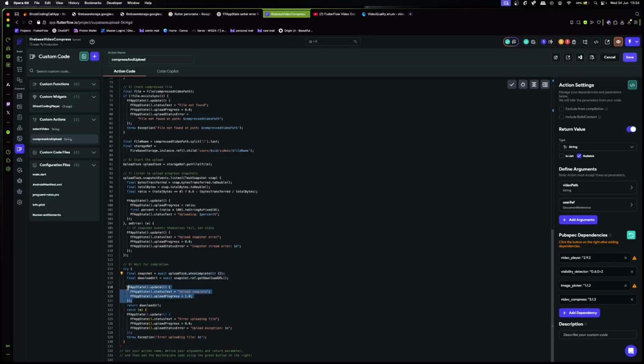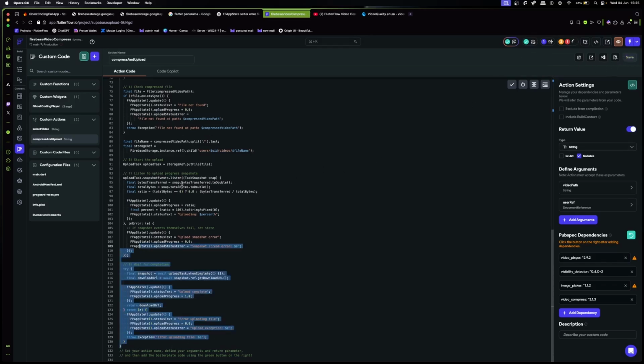We're going to update our app state to say upload completed, put it at 1, and then return this download URL. So we have a string value. We need that download URL. Otherwise, if there's an error while uploading, we're going to catch that error and just update our app state correctly. And that is it.